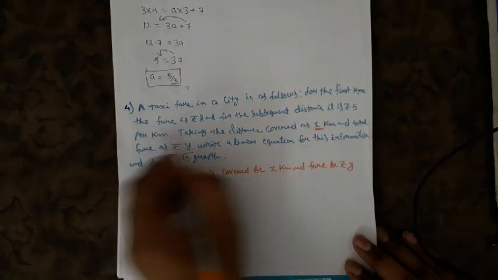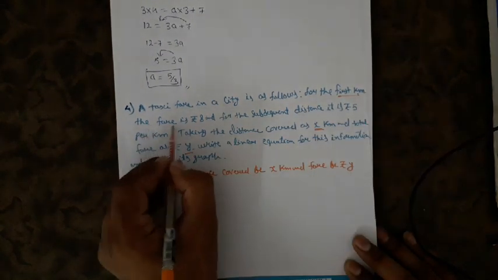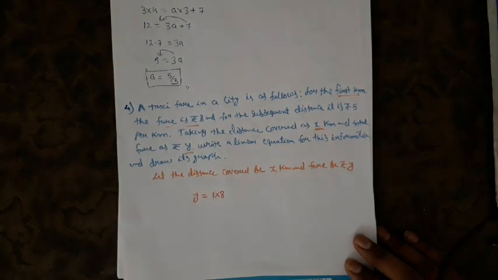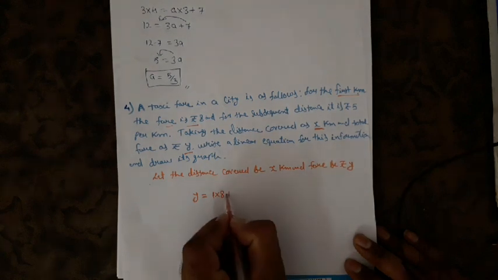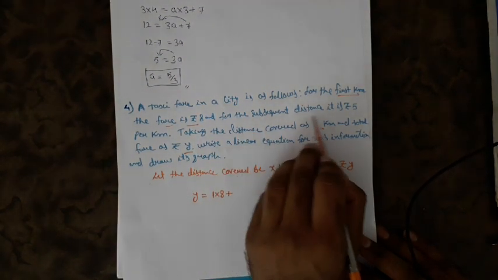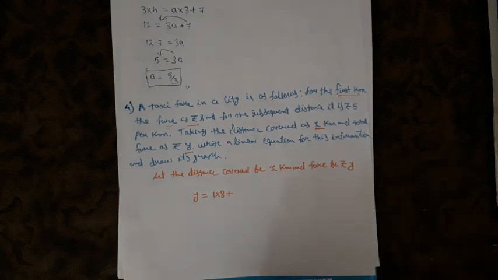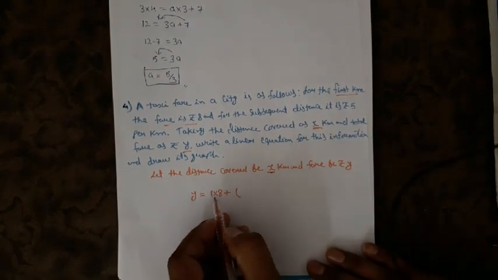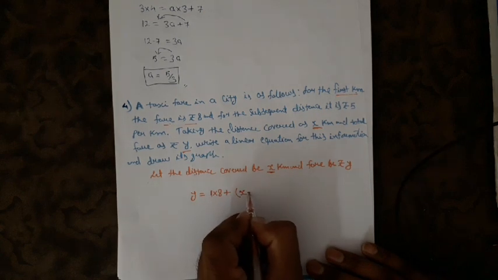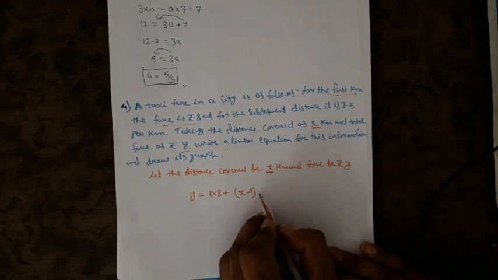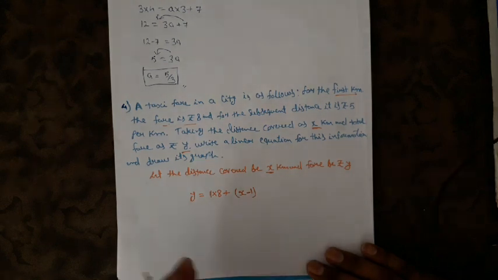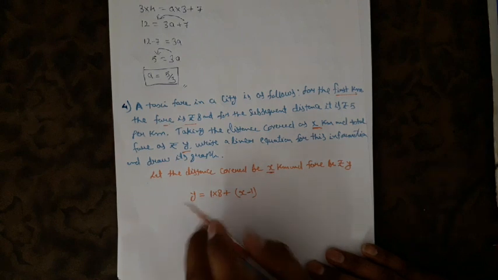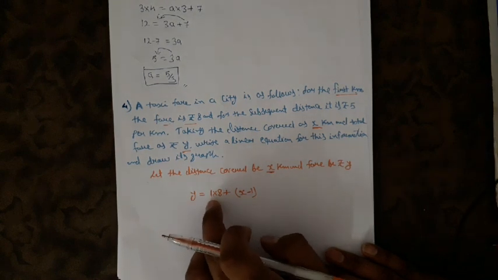See, in this question it has been given that for the first kilometer the fare is rupees 8. Means for the first kilometer the fare would be 8 rupees. Now for the subsequent distance, meaning the remaining distance: total distance we had x. 1 kilometer you have already traveled, so the remaining distance would be x minus 1. Is it clear? The first kilometer you have traveled, so you have paid rupees 8.